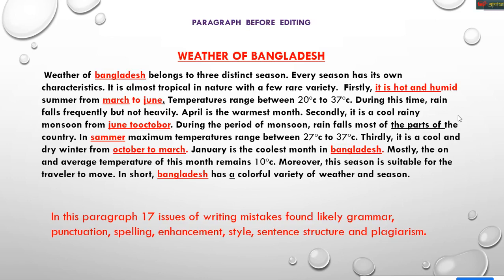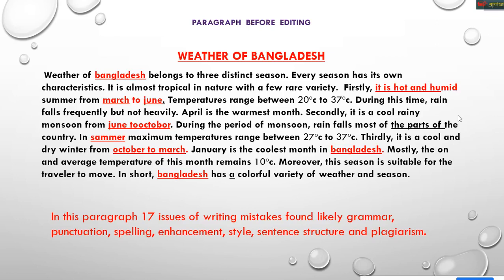So I found some mistakes. You see, in this paragraph, 17 issues of writing mistakes were found. Some places or some words are reddened, colored. That means some mistakes are there. So in this paragraph we got 17 issues of writing mistakes, such as grammar, punctuation, spelling, enhancement, style, sentence